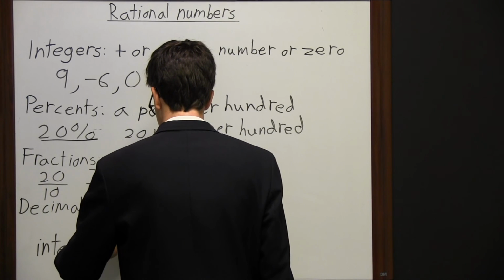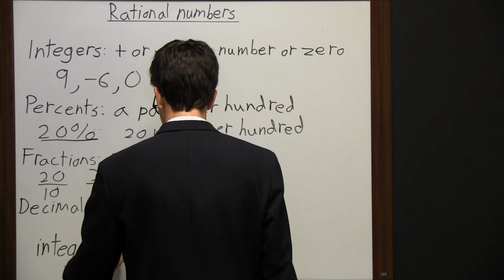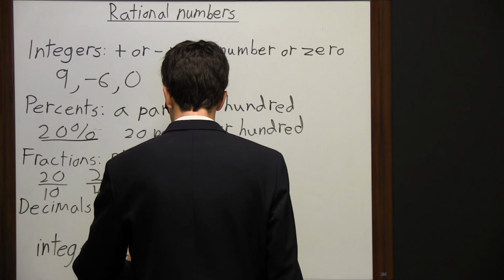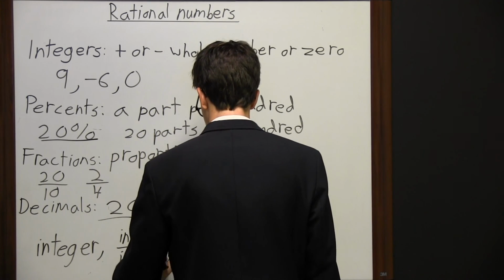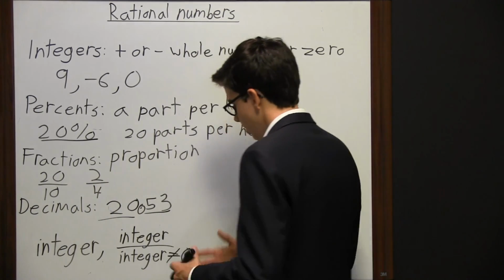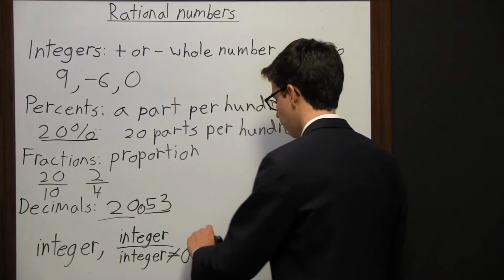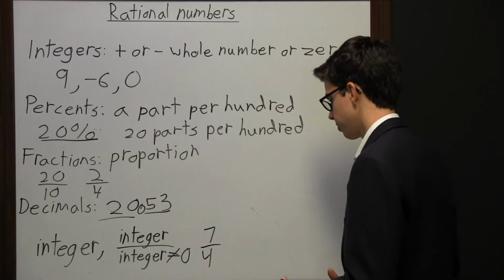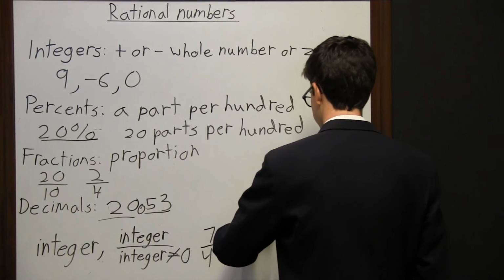If it's a fraction, it has to be an integer divided by an integer. And this integer cannot equal 0. So it's an integer divided by an integer. So 7 divided by 4 cuts it. That works. Now, decimals are a little bit more complicated because it either has to be a terminating decimal